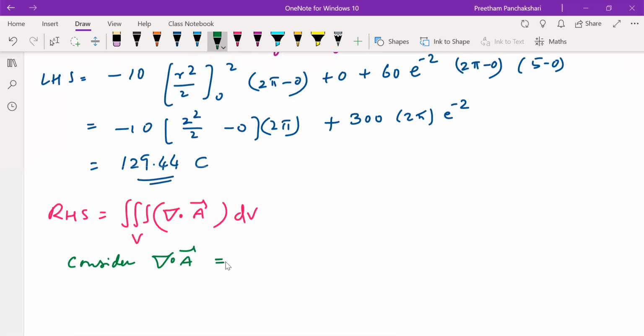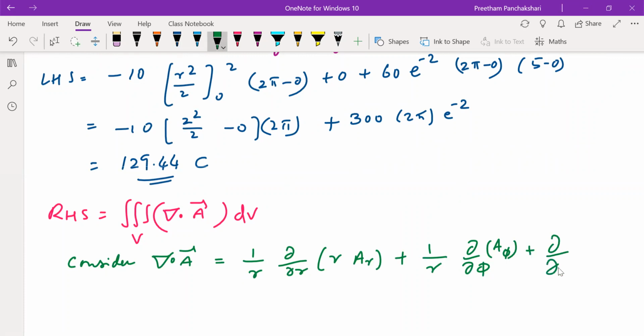and we have to expand del dot A in cylindrical coordinate system. So that is going to be 1 by rho. Here it becomes 1 by r. Dou by dou rho becomes dou by dou r. R into, in place of A rho, we have to write A r, the regular formula. So we are writing del dot A here in terms of A vector components. Now the second term is 1 by radius, partial differentiation with respect to phi of A phi. The last one is partial differentiation with respect to z.